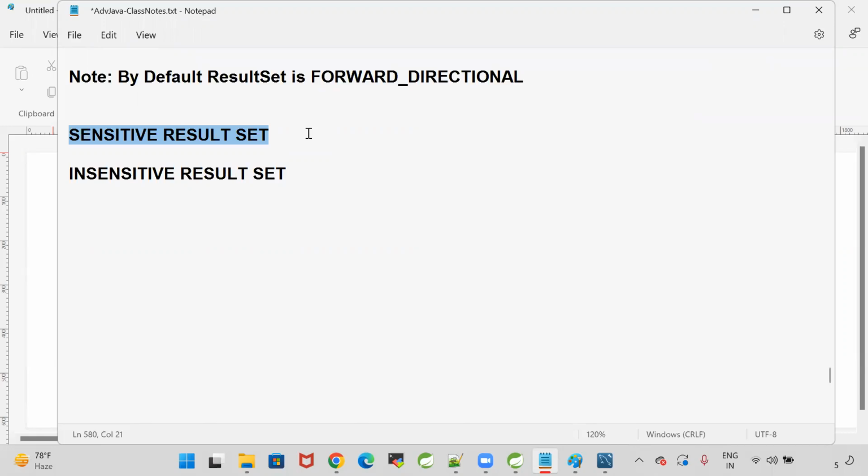You do not need to execute an update query. You get the result set. If the result set is sensitive, it will react immediately. Okay. Insensitive result set means